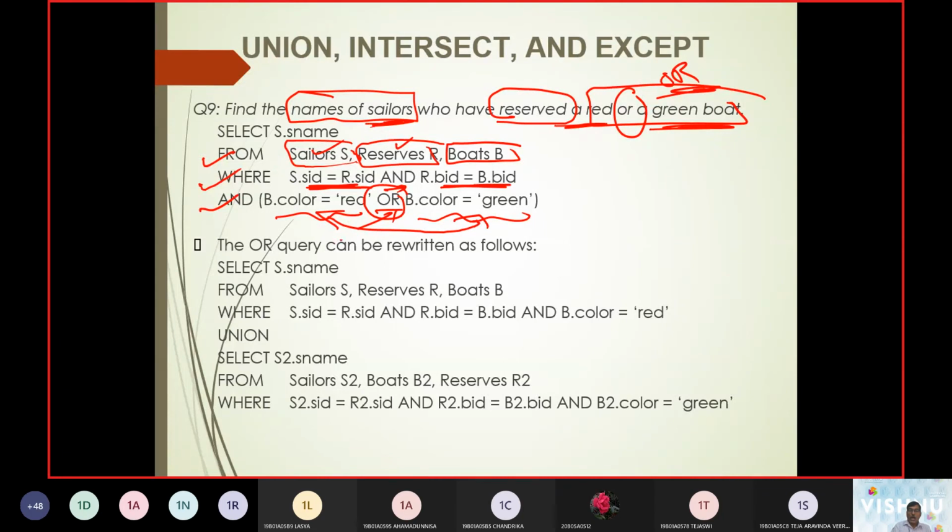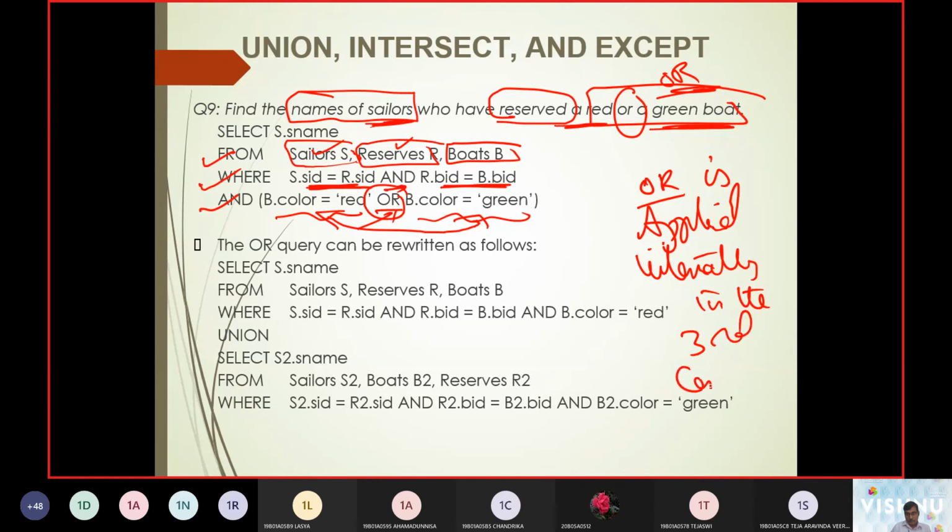OR is applied internally in the third condition. The first condition is from, the second is where, the third is and. Within this and, we bring in the OR.